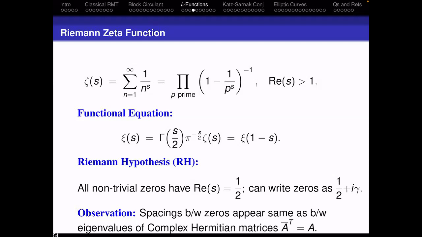And the observation, which I mentioned before from Montgomery when he was talking with Dyson, is that it seems like the spacings between zeros are similar to the spacings between eigenvalues of complex Hermitian matrices. These are Hermitian matrices where we're choosing the entries from Gaussian distributions. I don't want to go into all the detail about the subject. The main idea is that